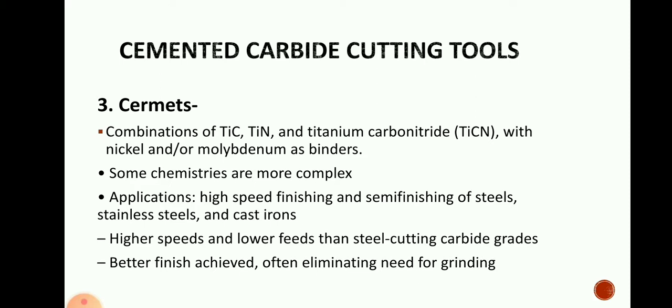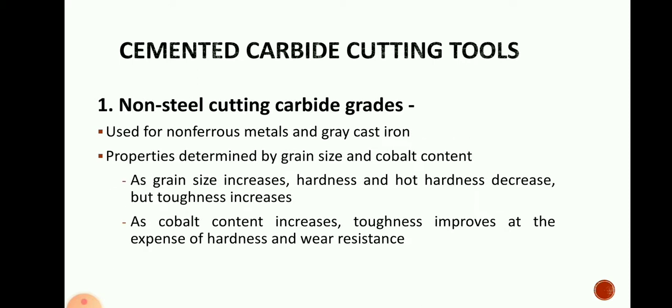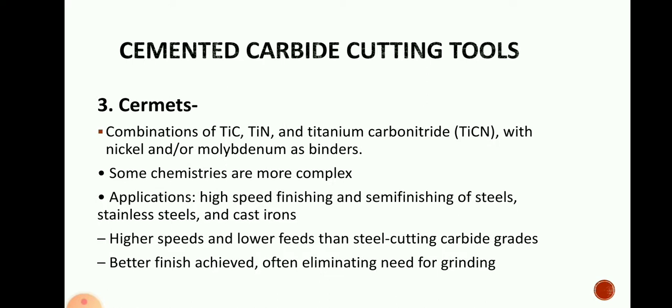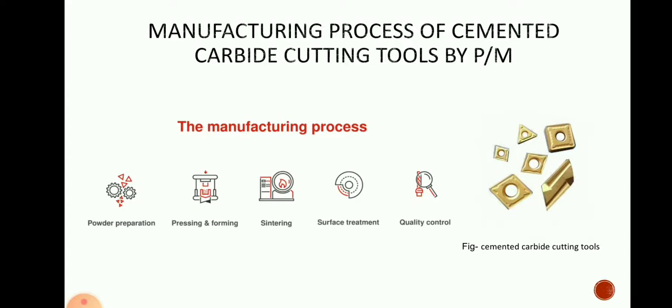So depending on which extra material you add with the tungsten carbide, that cemented carbide cutting tool will be different. If only tungsten carbide is used, that will be a non-steel cutting carbide grade. If along with tungsten carbide you use TiC or TaC, then it will be a steel cutting carbide grade. If you are using titanium carbide, titanium nitride and titanium carbonitride with nickel and molybdenum as a binder, then they call it cermets. So these are the types of